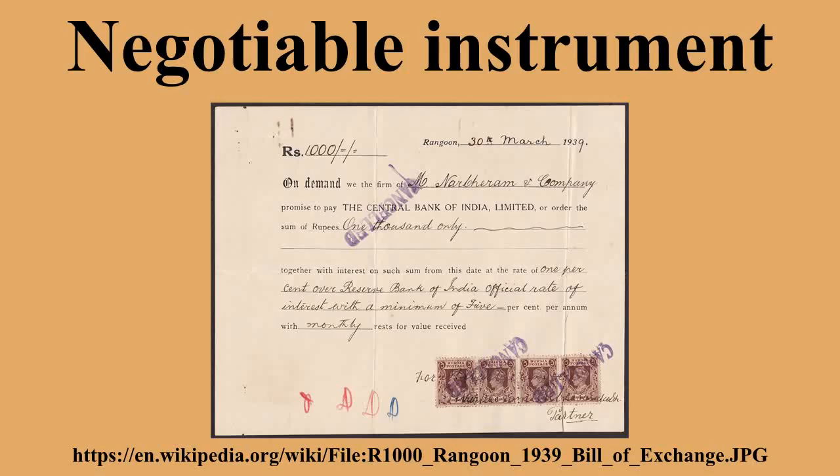He becomes an acceptor when he indicates his willingness to pay the bill. The party in whose favor the bill is drawn or is payable is called the payee. The parties need not all be distinct persons. Thus, the drawer may draw on himself payable to his own order.